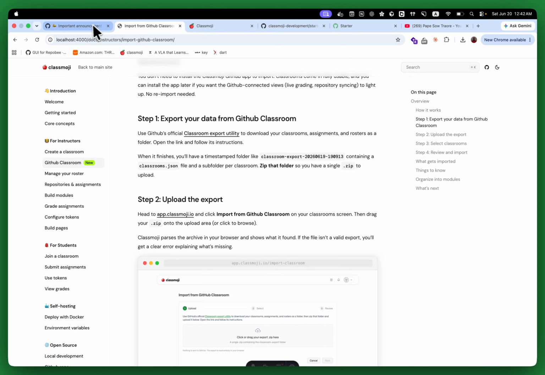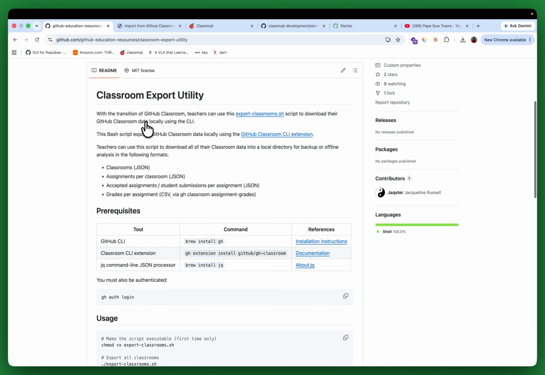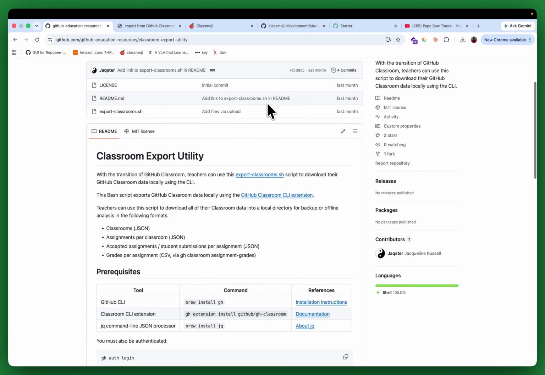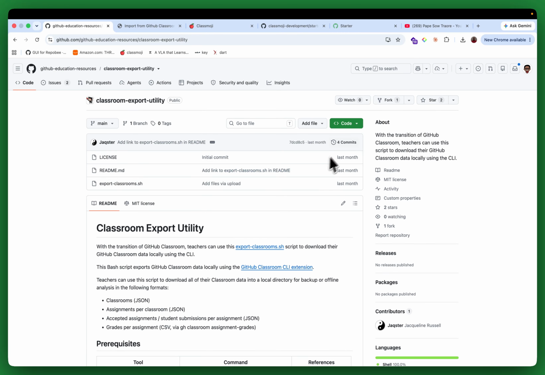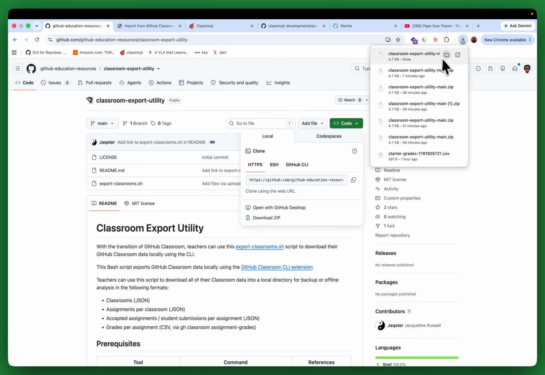So the GitHub team has actually released a repo that has a script that allows people to download their GitHub Classroom data. It will download all the classrooms, the assignment book, the assignments, the submissions, and along with the grades inside of a folder. So what we want to do is run the script, get the folder, zip the folder, and upload it to Classmoji. So we're just going to go ahead and download the zip file for this repo